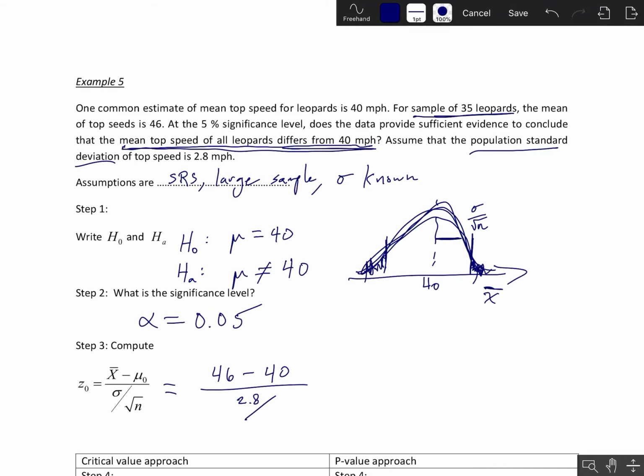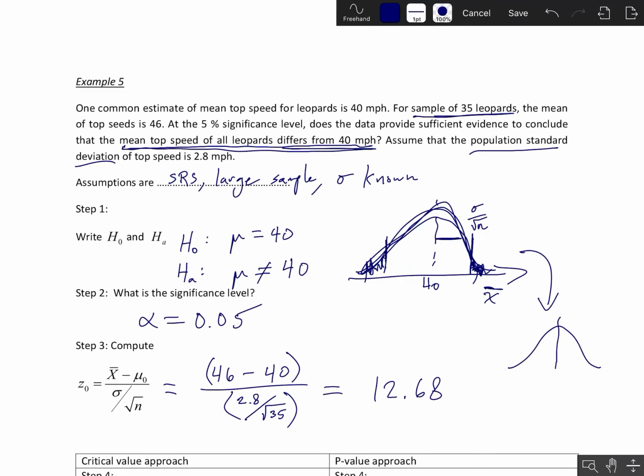So that's essentially what we're looking for here. Now, we know the population standard deviation is 2.8, and we're taking the square root of the sample size. The sample size was 35 here. Remember that whenever you're plugging expressions like this into your calculator, it's a good idea to parenthesize the numerator and the denominator. If you're worried about that, maybe try plugging this in, but what I got is a